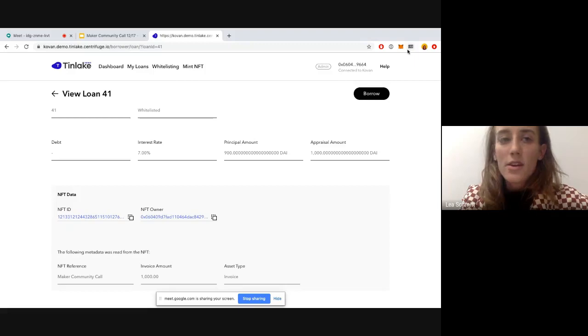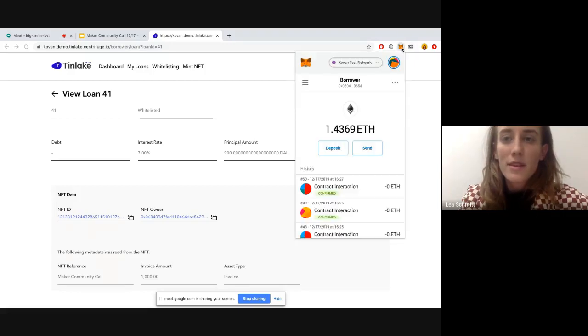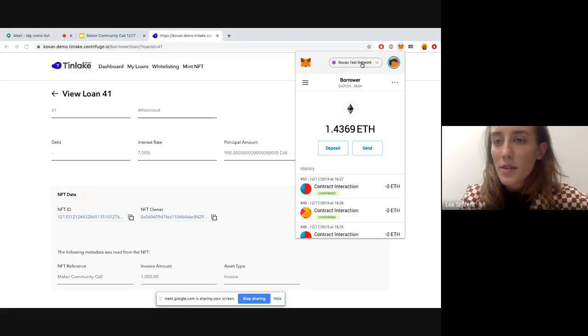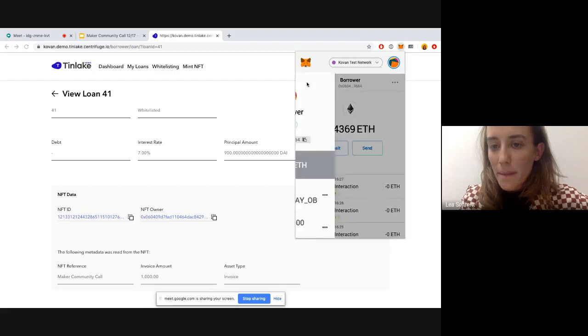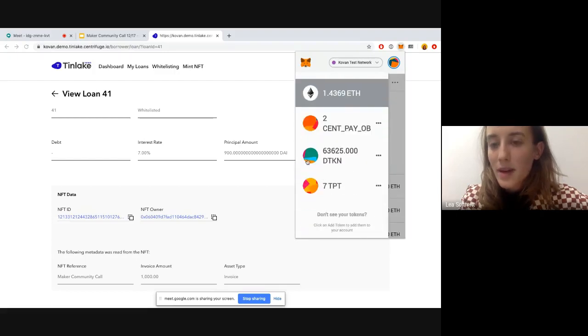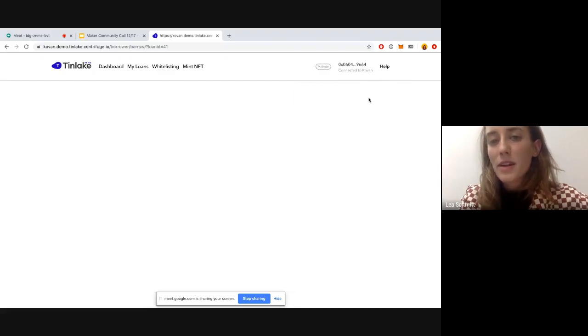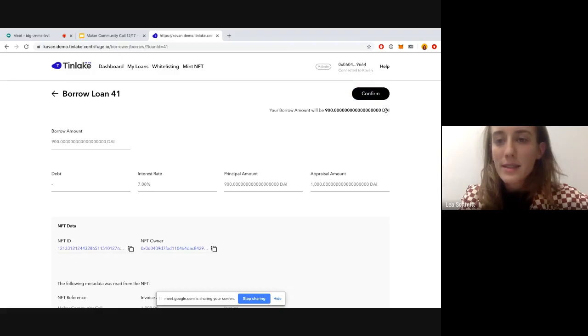I hope you can see my MetaMask. Sometimes I have a problem when I share my screen that you can't see. So I'm connected. This is on the testnet. Here I'm connected as the borrower. Again, this is my dummy DAI balance. And when I now go to borrow, this is the maximum amount that I can borrow. When I confirm,